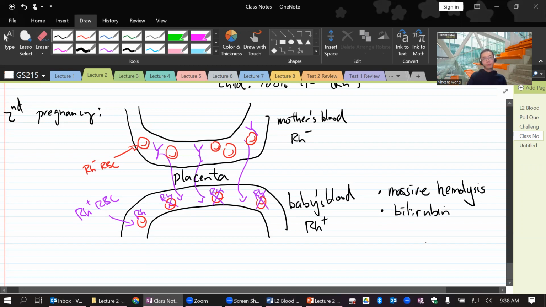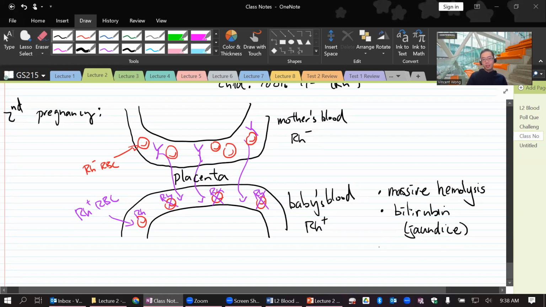And if this happens continuously up to the point of birth, then the baby is going to be born with jaundice, right? Because there's no way to deal with all this extra bilirubin, it makes the baby's skin tone very yellow,